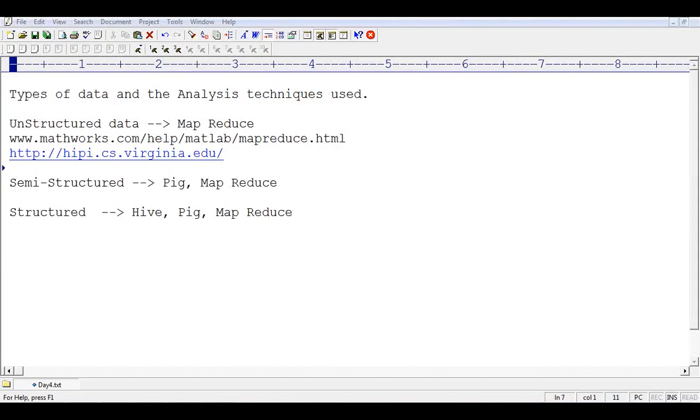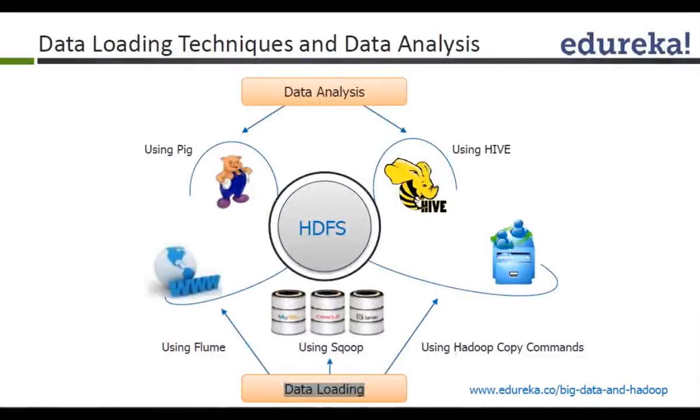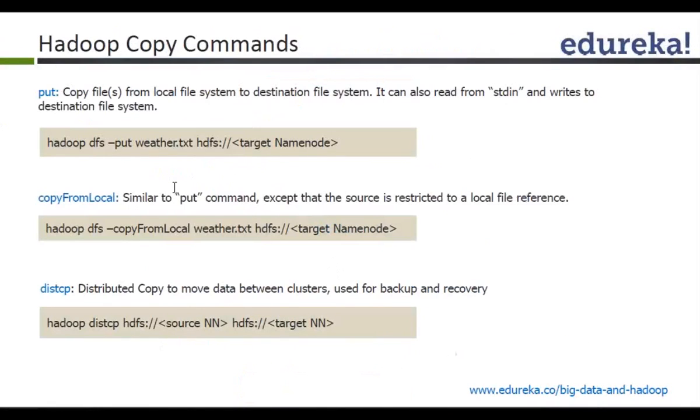Let's continue now. So let me go down to the next slide. So these are the various Hadoop copy commands, which are already present in the HDFS commands exercise in your module 1. So you will say Hadoop DFS minus put. Minus put is a way how you can move the files from your local file system to a destination file system. Of course, it can read from the standard in also, and it will put this particular file into HDFS